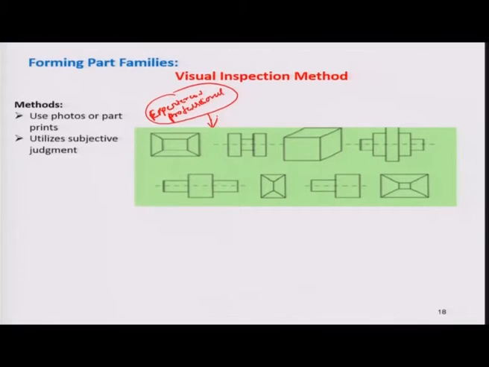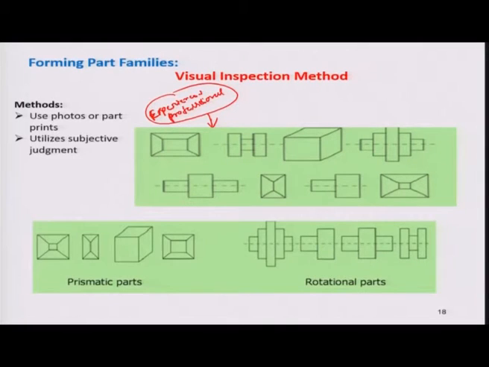By using visual inspection, you can distinguish these parts into a variety of groups, so that the part family will be complete. Here you can see that after visual inspection there are two groups, G1 and G2 part family.